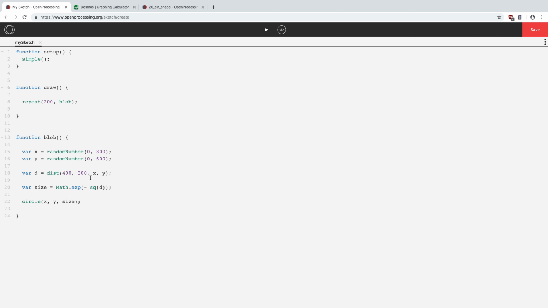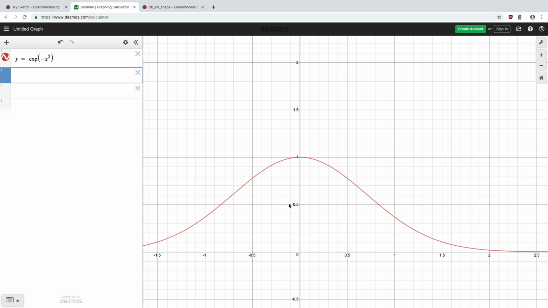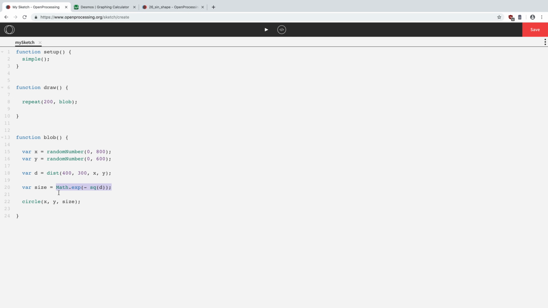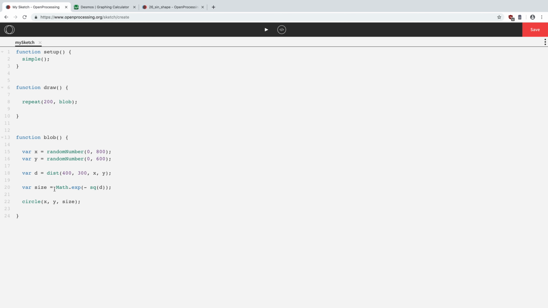Well, they're all tiny, and the reason for that is the bell curve there goes from 1 all the way down to 0. Let's zoom out a little bit. So the size of circles at the moment will be going from 1 to 0. That's why they're so teeny tiny. So let's multiply those by, say, 50,